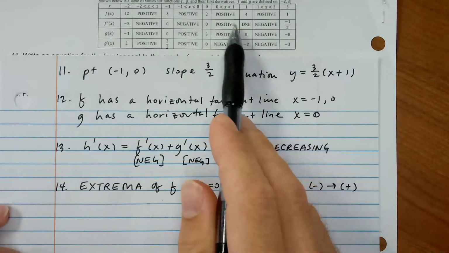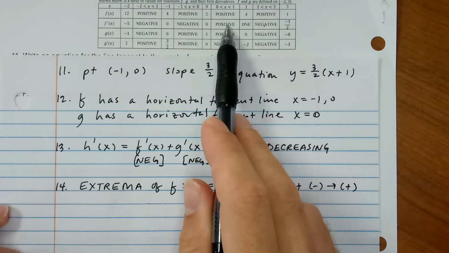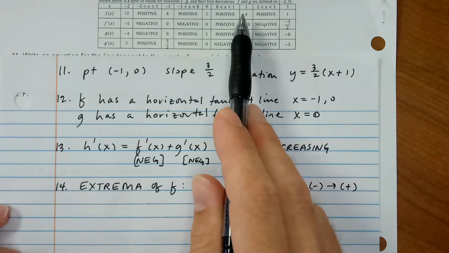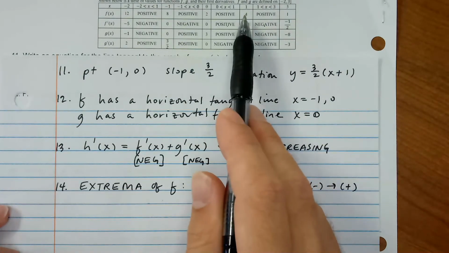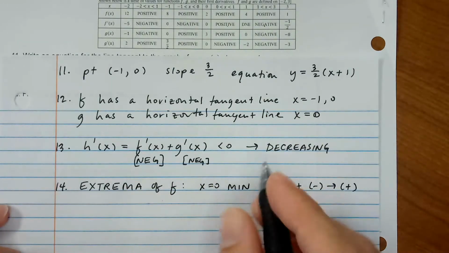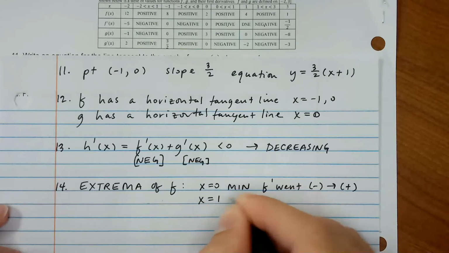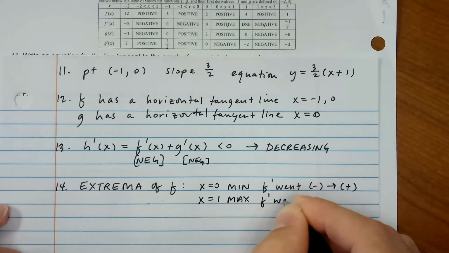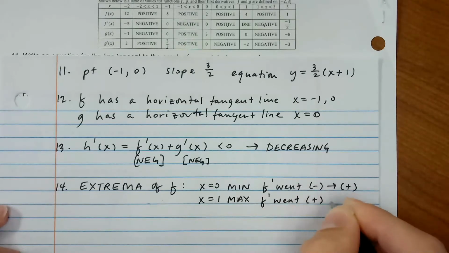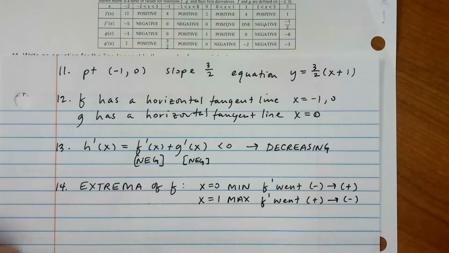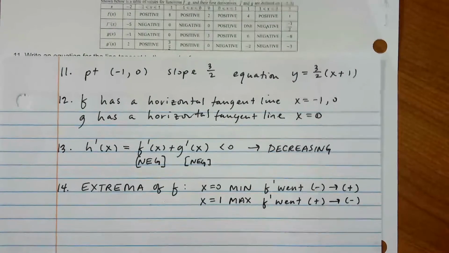But then I've got here another sign change in f prime from positive to negative, and even though it's non-existing, okay, the function's existing there, so I know it's probably going to be like a sharp corner type thing, and so I'm going to say that's a local maximum. That was x equals 1 is a maximum. F prime changed signs from positive to negative. We don't really care that the derivative itself didn't exist at that point, but it was still a sign